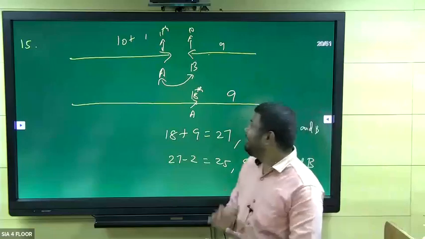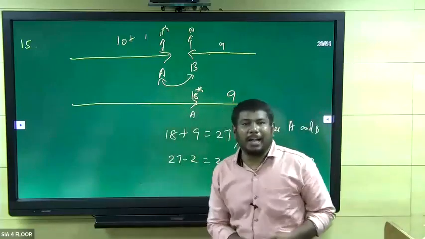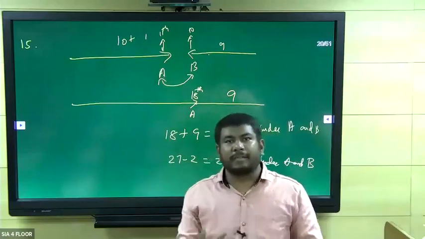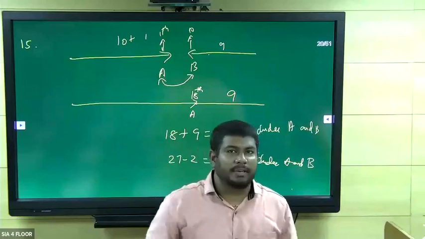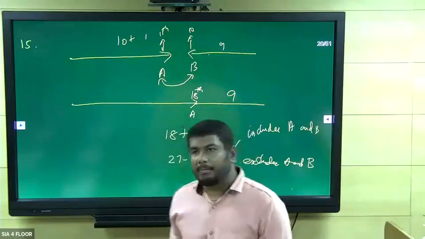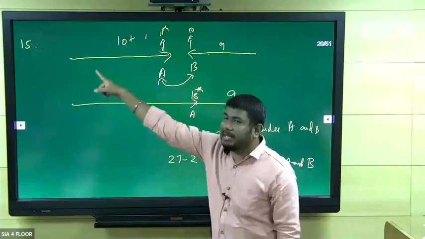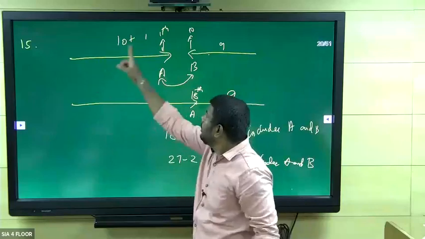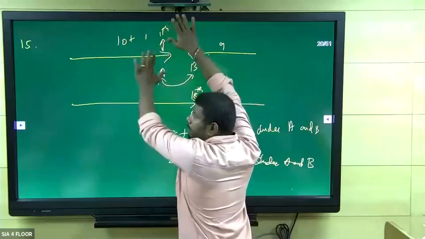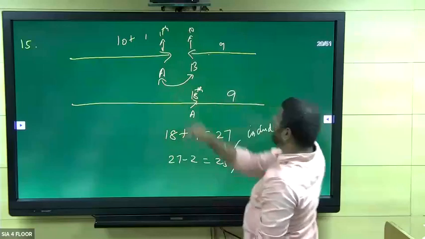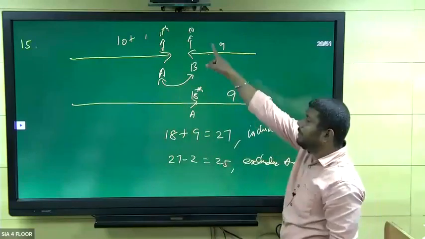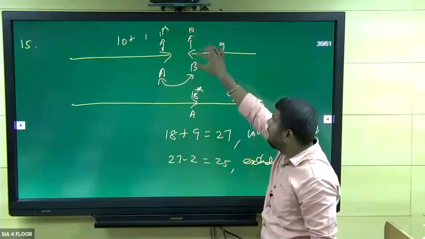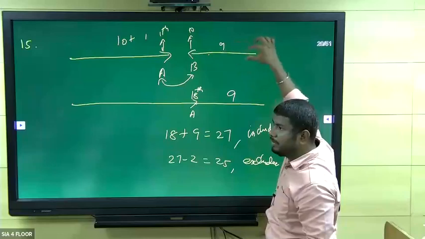Yeah, sure. Definitely I will repeat, okay? No issues. Listen here. In the previous question, they gave us the total value. Totally 45 is there, 60 is there, like that. But here we don't have a total value, right? We have only 2 statements. A is 11th from the left. So A is the 11th person, 10 persons are sitting on the left side of A. Like that, B is the 10th person, 9 persons are sitting to the right of B.